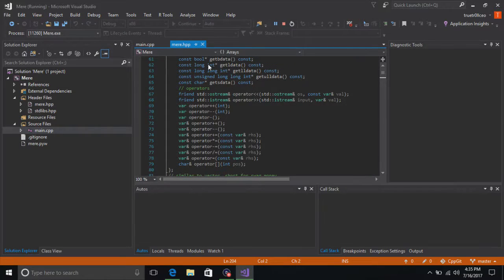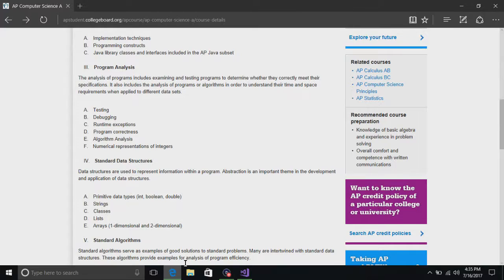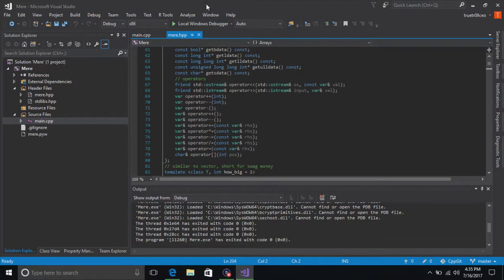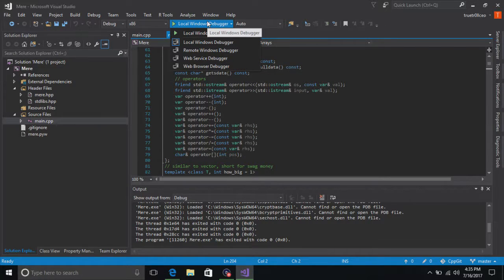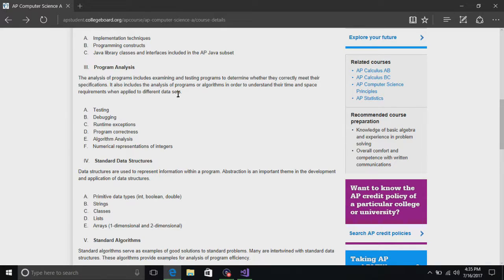Boom, that was it. Debugging is where you basically just go and find a problem within the computer.